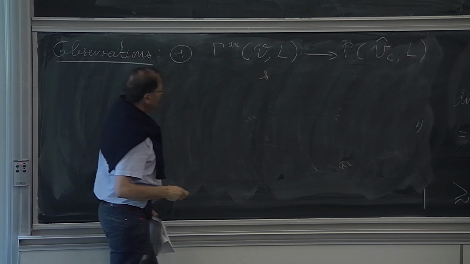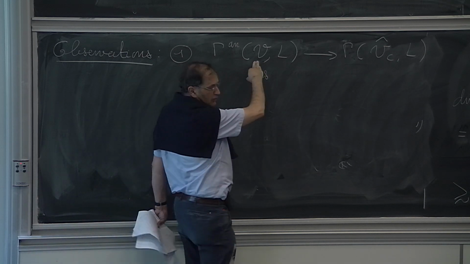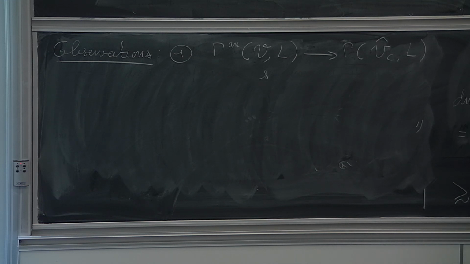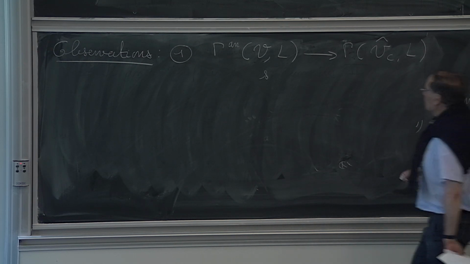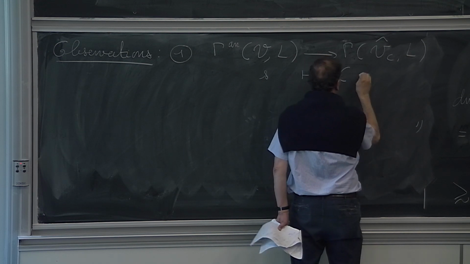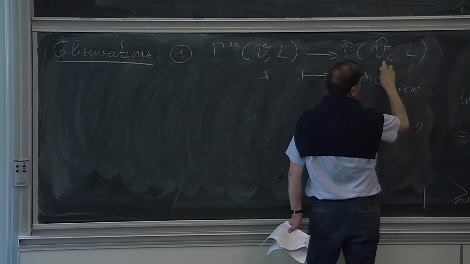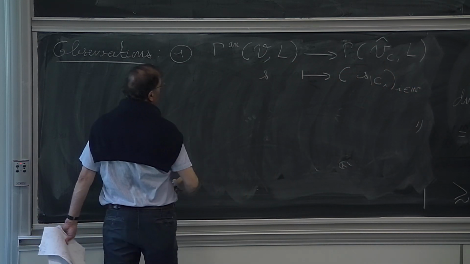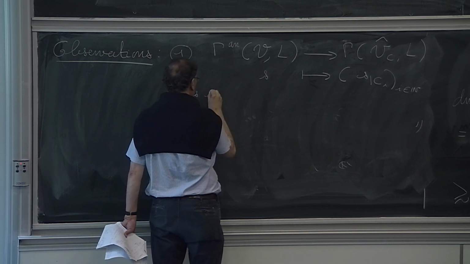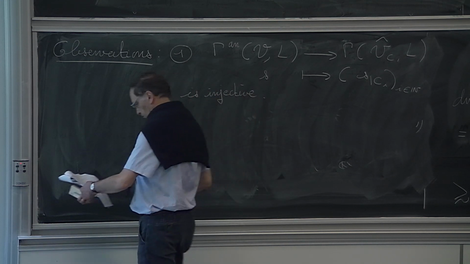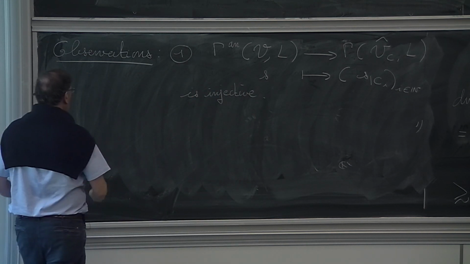If you take an analytic section of L along the two-dimensional manifold V, of course, for any i, you may restrict it to the curve Ci, and this family of restrictions are trivially compatible. So you get an element here. So I claim that this map is injective. And the second observation is that